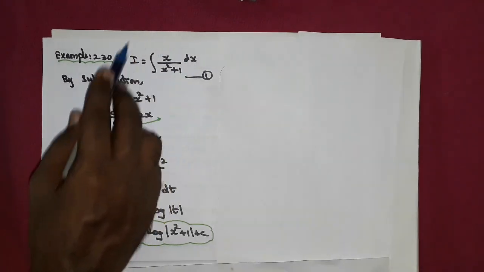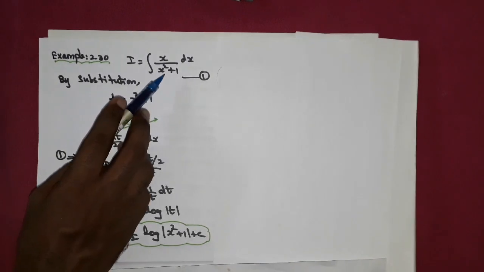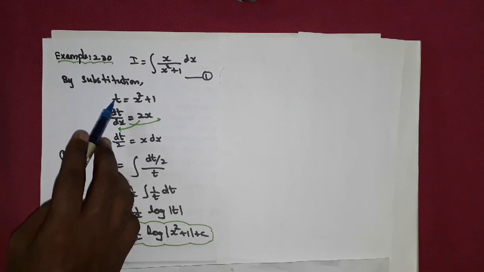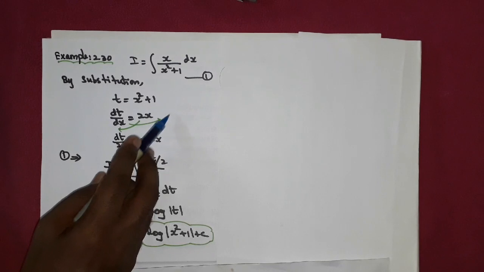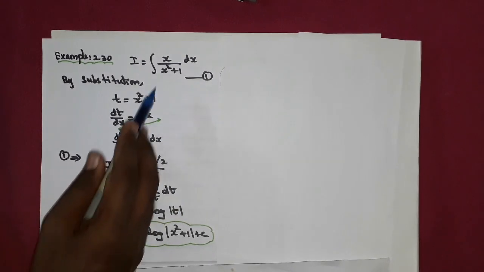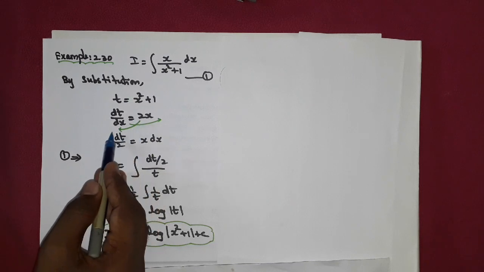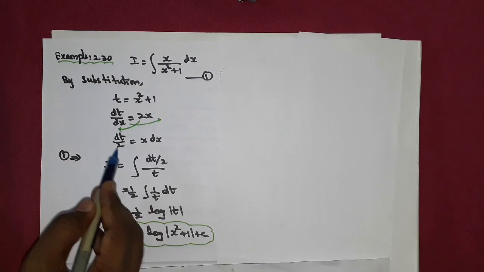So in this whole integral we do not see any composite function, but there is a denominator x square plus 1. So have a try. Take it as t. Differentiate: dt by dx equals, x square gives 2x, and the number 1 gives 0, so leave it. I want to have x dx in the answer part, but here I have 2x. So take 2 to this side and dx to the other side. So I get x dx equals dt by 2.